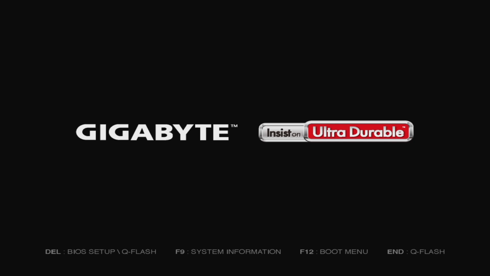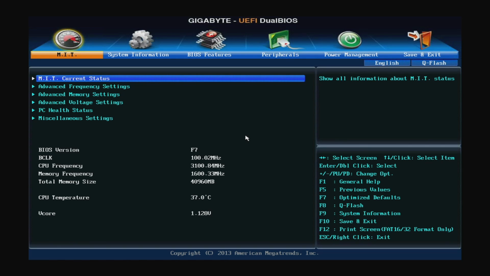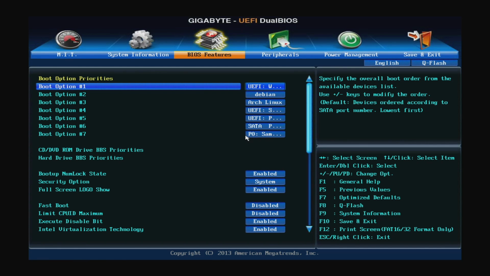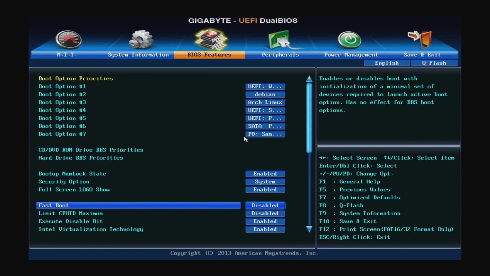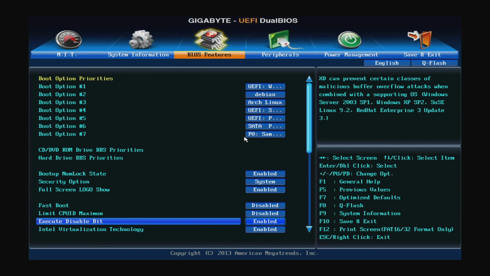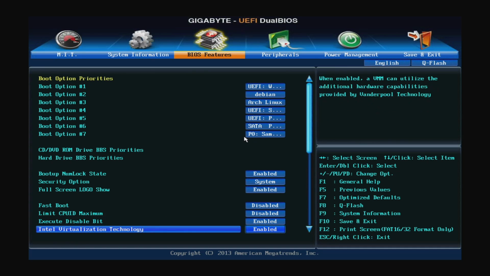Right, so you want to get into the BIOS. Once you're in the BIOS, navigate to BIOS features, navigate down to execute disable bit, make sure that's enabled, then to Intel virtualization technology, make sure that's enabled,